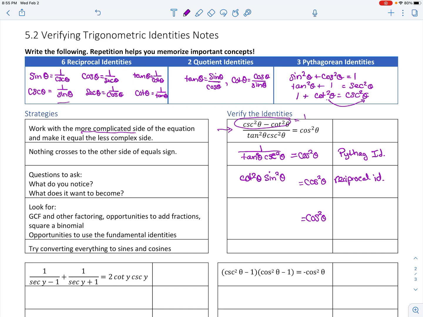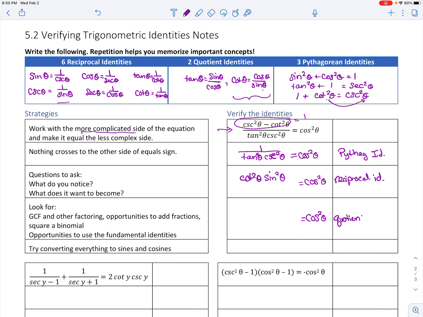And that looks a little bit better now. We don't have fractions, but we still don't have what we're trying to get to, which is cosine squared of theta. But I think we're on the right path, because cotangent squared of theta is the same as cotangent of theta times the cotangent of theta. And we have a quotient identity that says cotangent squared of theta is cosine squared of theta over sine squared of theta, or the cosine of theta over the sine of theta times the cosine of theta over the sine of theta. So we can rewrite cotangent squared of theta using a quotient identity